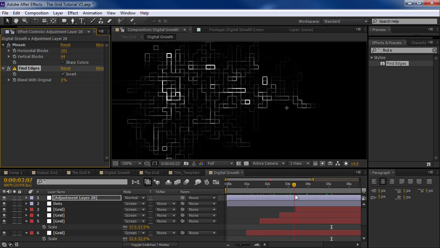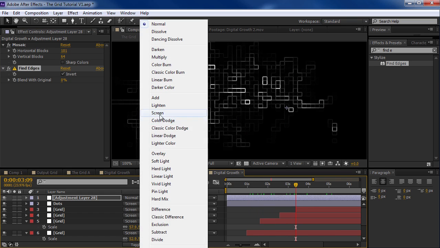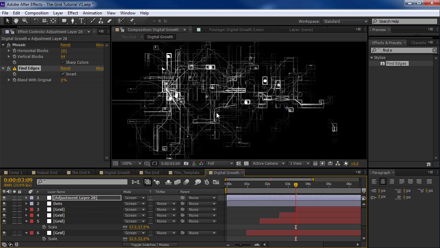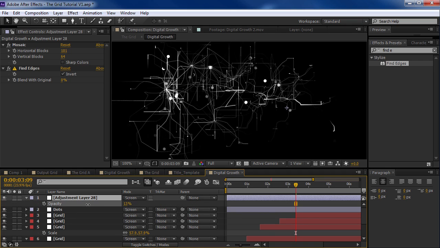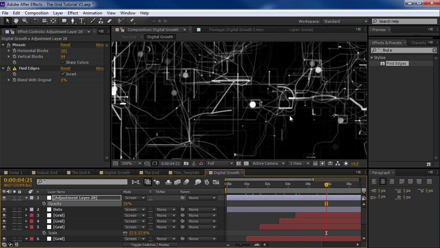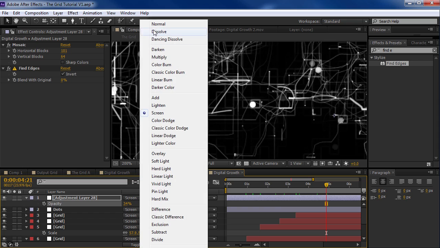So look at this, it grows on. And then we can screen it back on top of our final design. And then if we hit T, we can lower its opacity. So this way we create just kind of an interesting grid. But instead of making it